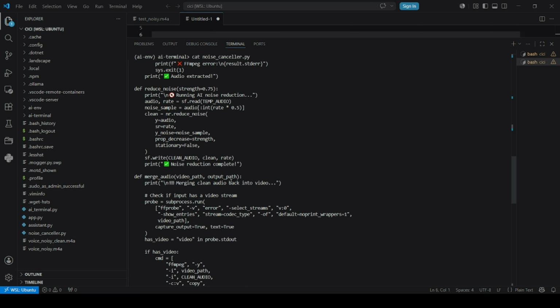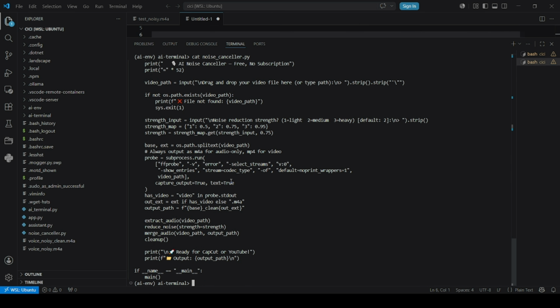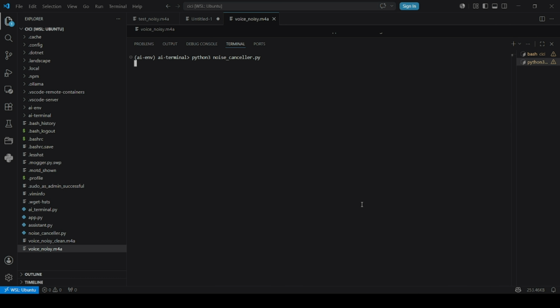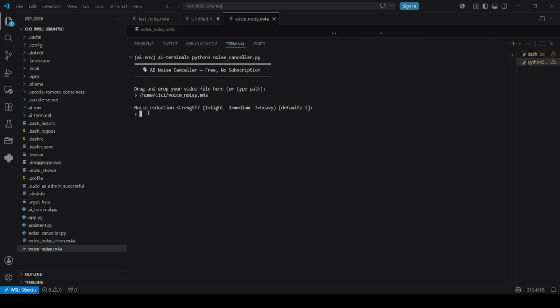And then what you need to do is whatever video or audio that you want to reduce the sound of, you just need to supply it to this script. So let's just run it. I'll do python noise canceller.py, and then I'll use which noise reduction strength. I'll use 3,